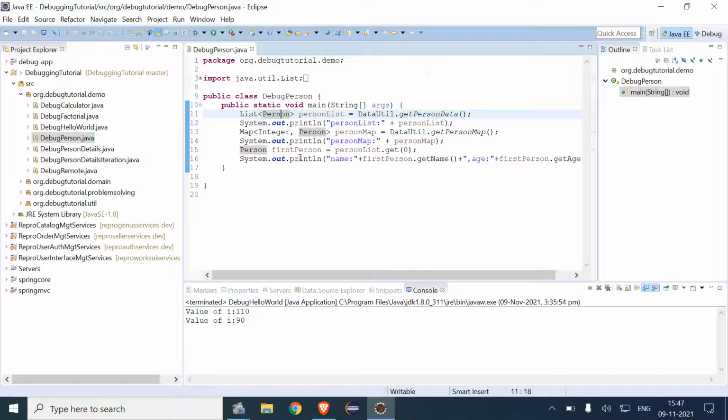Then these are the utility methods. A map is there for integer and person.